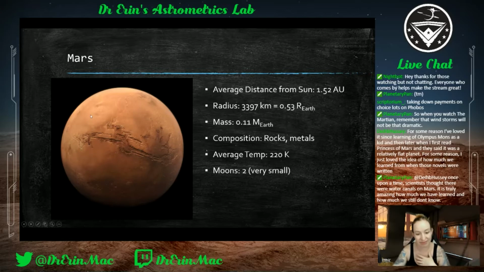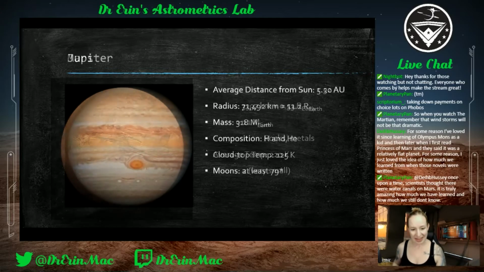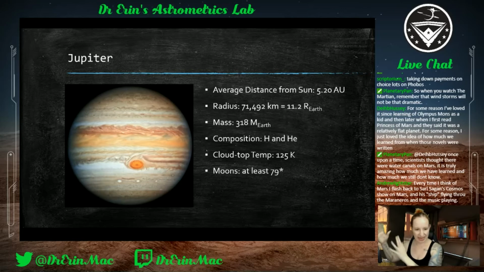Probably my favorite theory is that it was an impact crater on the other side, because there's a massive crater on the other side. And then you get all of the volcanoes over there too. So really fascinating. Like I said, we could spend an entire lecture course on Mars, and we probably will. Okay, so moving out into the gas giants.